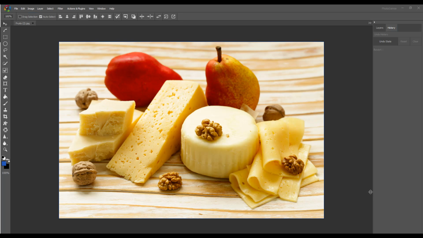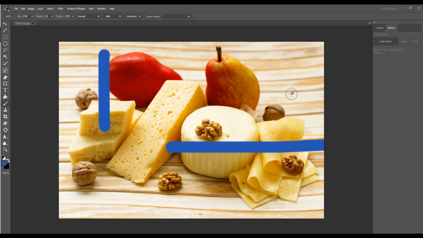In this video, we will see undo and redo command plus the history window. What does undo mean? If we do any changes on the image, say for example just now we are taking a brush tool and just for practice designing any of the design. Now if we want to remove this design, we want to go back to the original image, we want to revert this step, then we can do with the undo command.